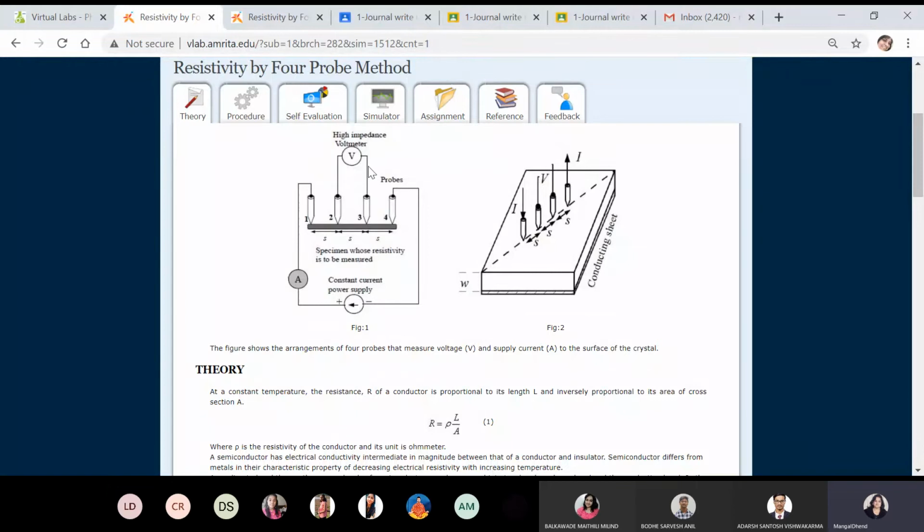So here the diagram is shown, a high impedance voltmeter, because a voltmeter usually has high resistance, and an ammeter has less resistance, because here we don't want to pass current through the voltmeter. We are measuring voltage, so the resistance of the voltmeter is kept large. And we are using the ammeter for the whole current: whatever current is passing through our object, we want the same current to pass through the ammeter. So ammeter resistance is small. So this is the circuit diagram. Now click on simulator.